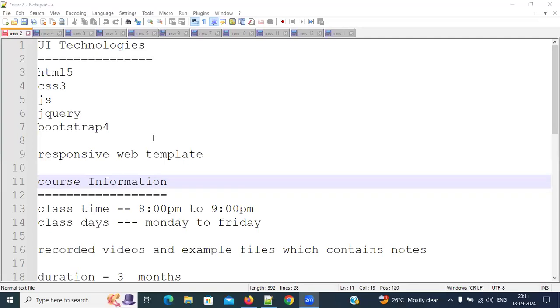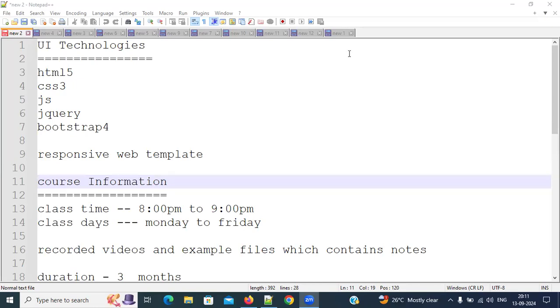Right. In the last class, we successfully discussed the importance of UX and UI, what is UX, what is UI, and then the importance of UX and UI. And after that we understood the necessity of web applications in this world, and the role web applications are playing in this world. So everything I discussed in yesterday's class. Right, everyone? So now, in today's class, we are going to learn about